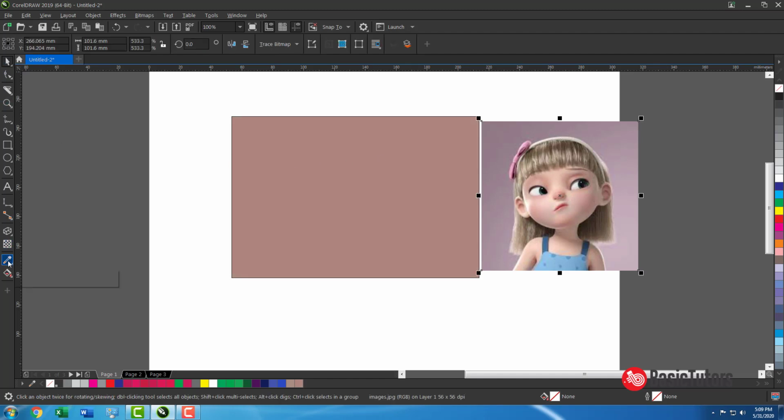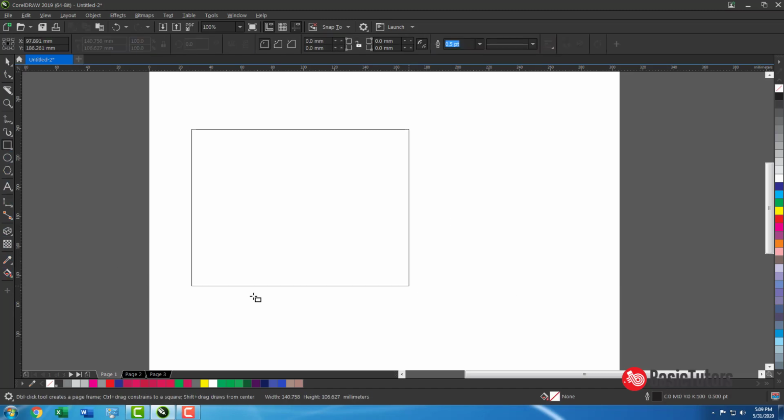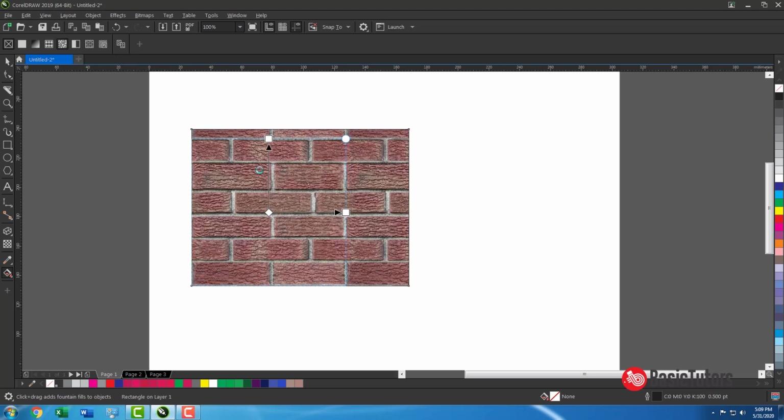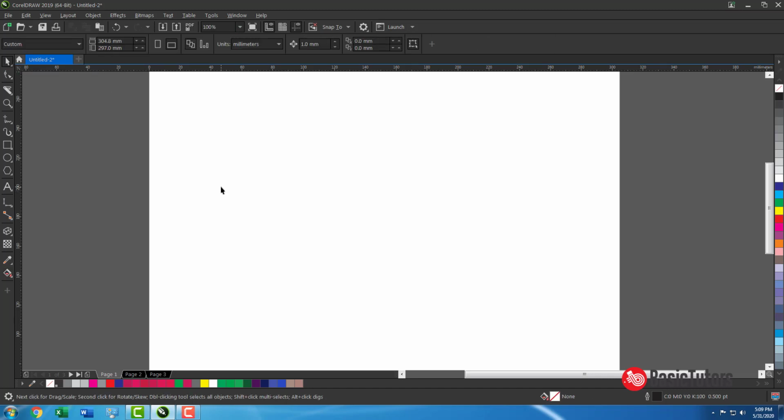Okay, this is the use of the color eyedropper tool. Fine. Also, there are other types of fills, like pattern. You can experiment with the pattern bitmap, and pattern is nothing but selecting patterns. Okay, this is about colors.